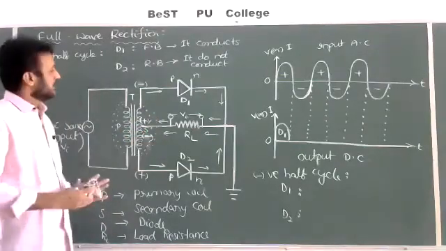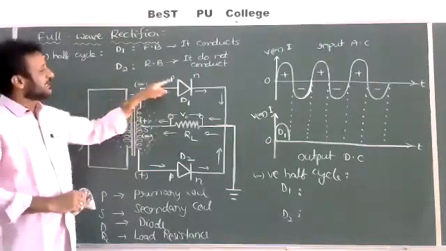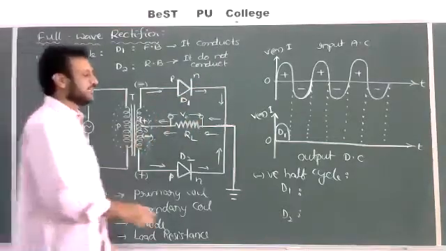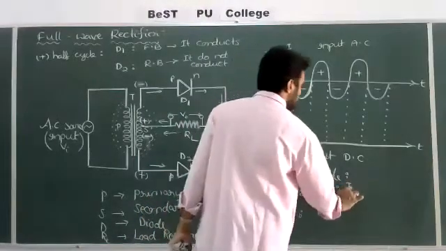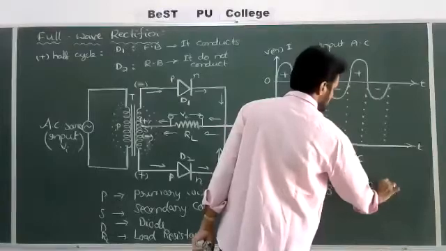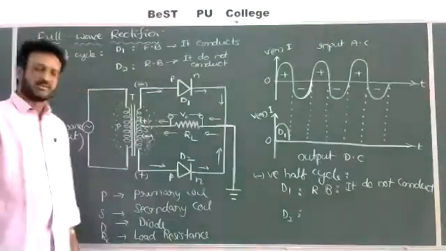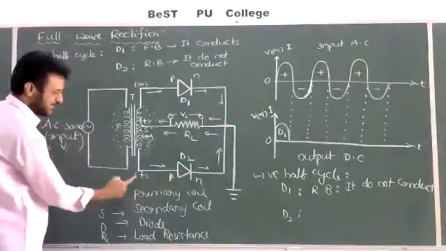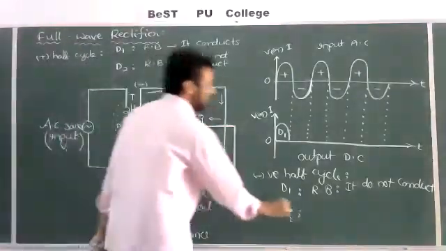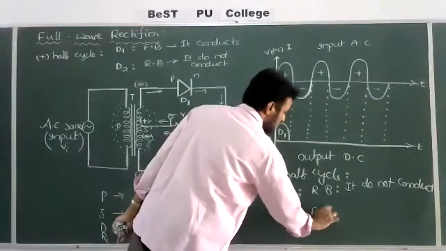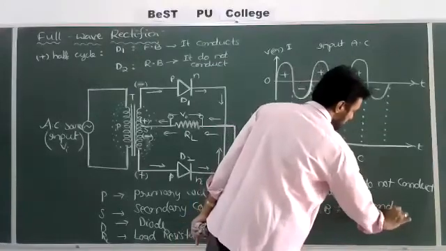Now check here. The P side of the P-type semiconductor of the first diode is connected to the negative terminal, the N side connected to the positive terminal. So the diode D1 acts like a reverse bias. Reverse bias means it does not conduct any current. It doesn't allow any current to flow through it. At that time, what about the second diode? The P-type semiconductor of the second diode is connected to the positive terminal, the N side connected to the negative terminal. It acts like a forward bias. So in a forward bias, current flows through the circuit. So it conducts, or it allows the current to flow through it.